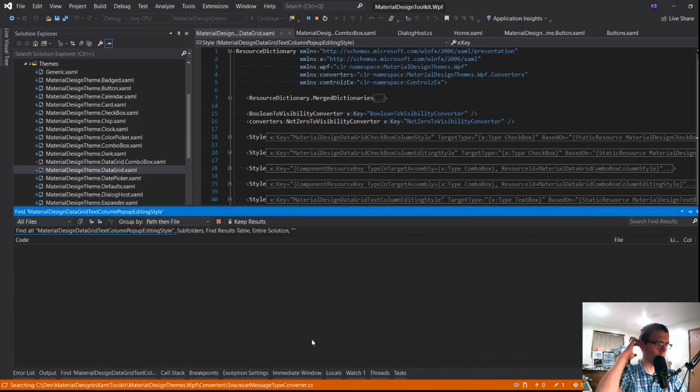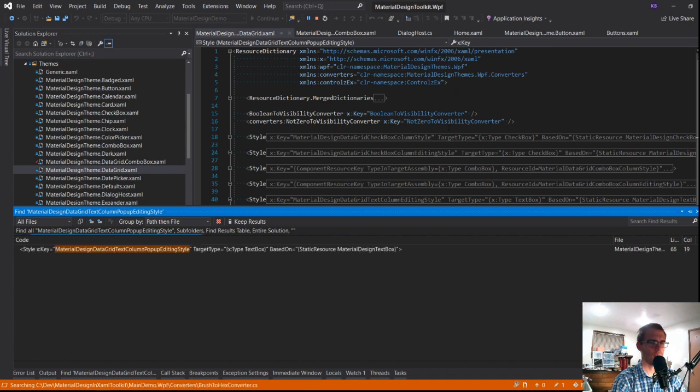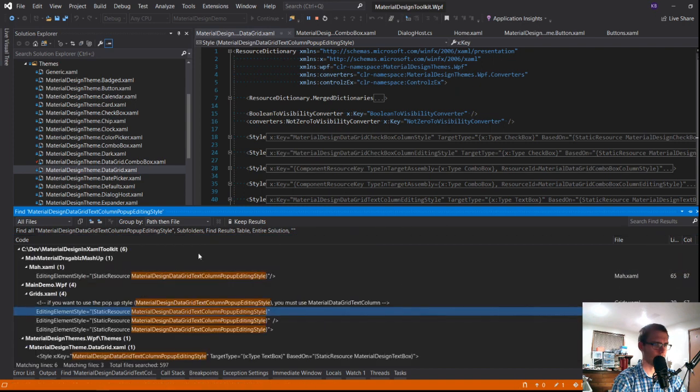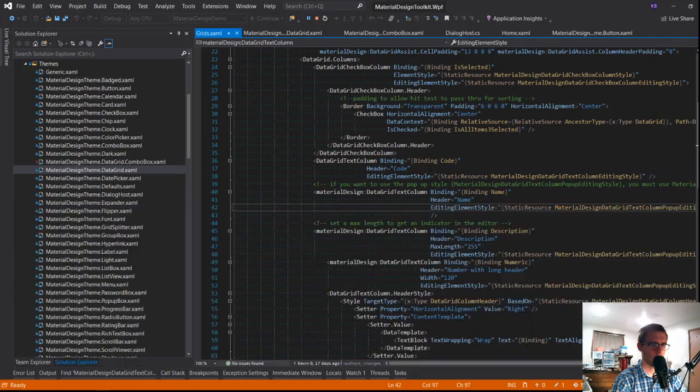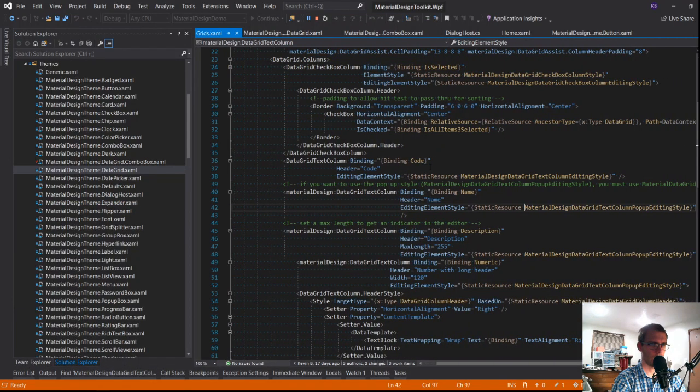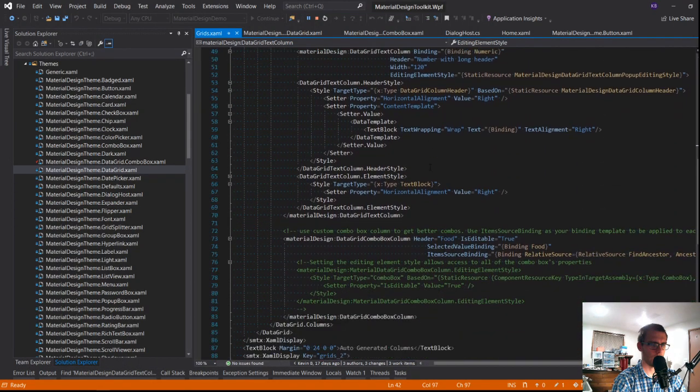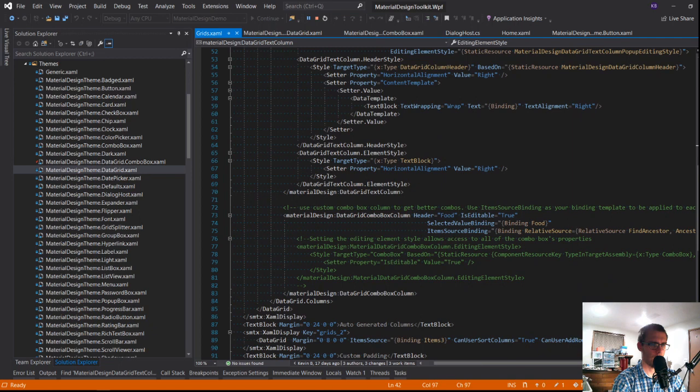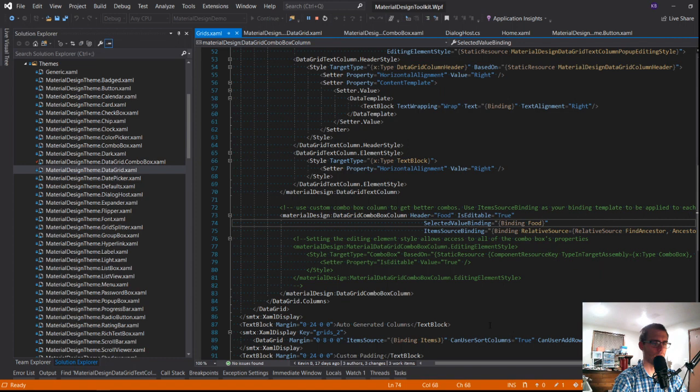Are you just set up as an editing style? Something's referencing you. So in the demo, element editing style. Item source is editable true. Okay.